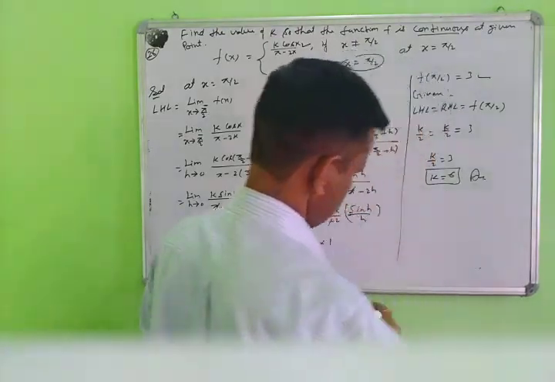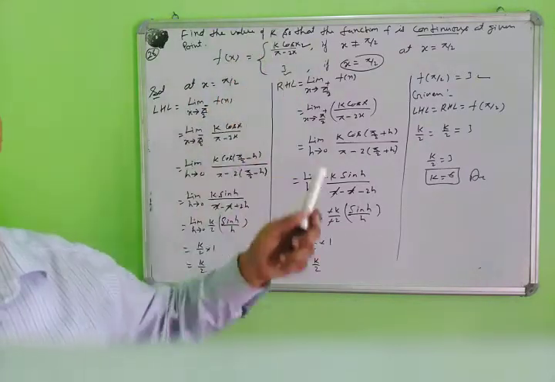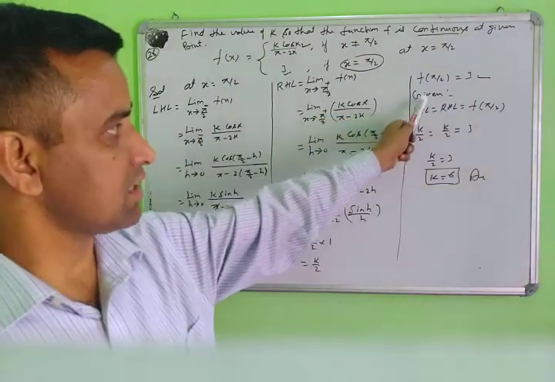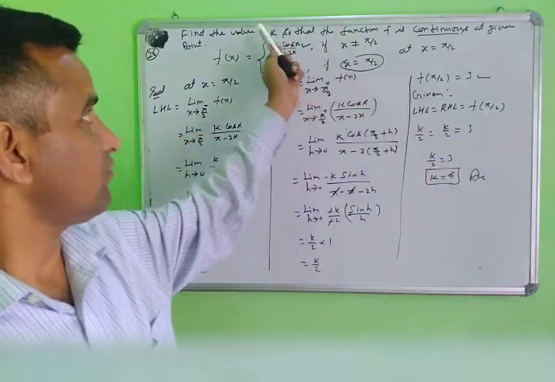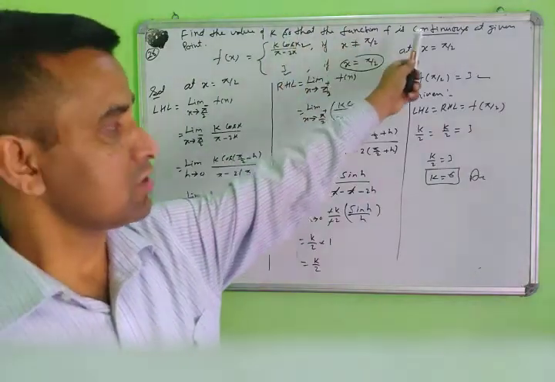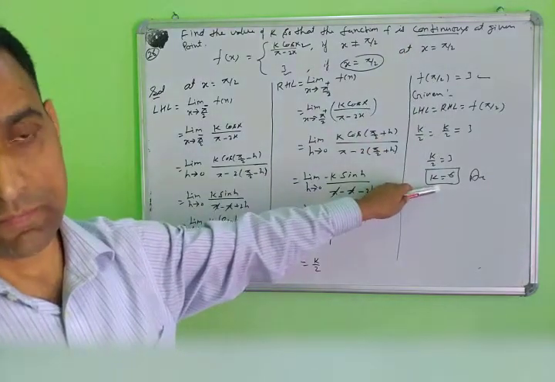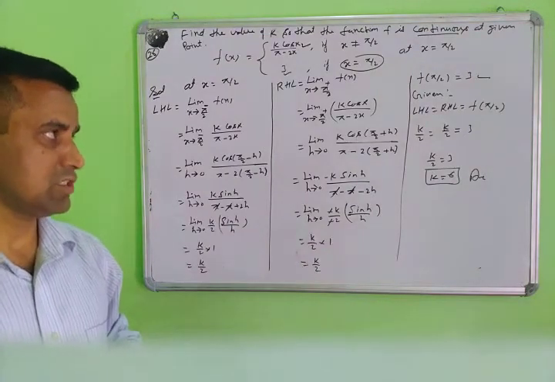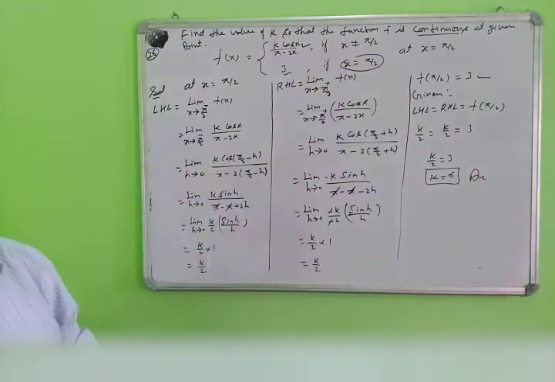This is your answer. In any question, find the value of k, lambda, a, b, c, any value you can find using the given condition: LHL, RHL and the value of the function. Suppose you are finding any value, then a continuity condition will be given. Using this condition, you can find any value k, lambda, a, b, c. Every question you can solve in this way. This type of question comes as a 4 marks question in the board exam.